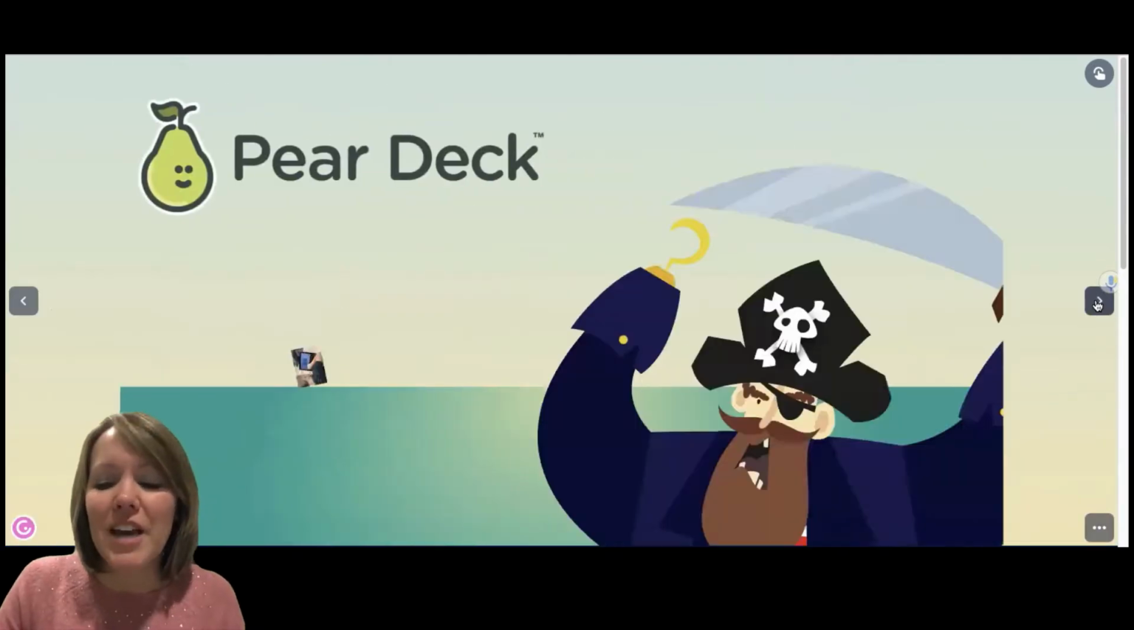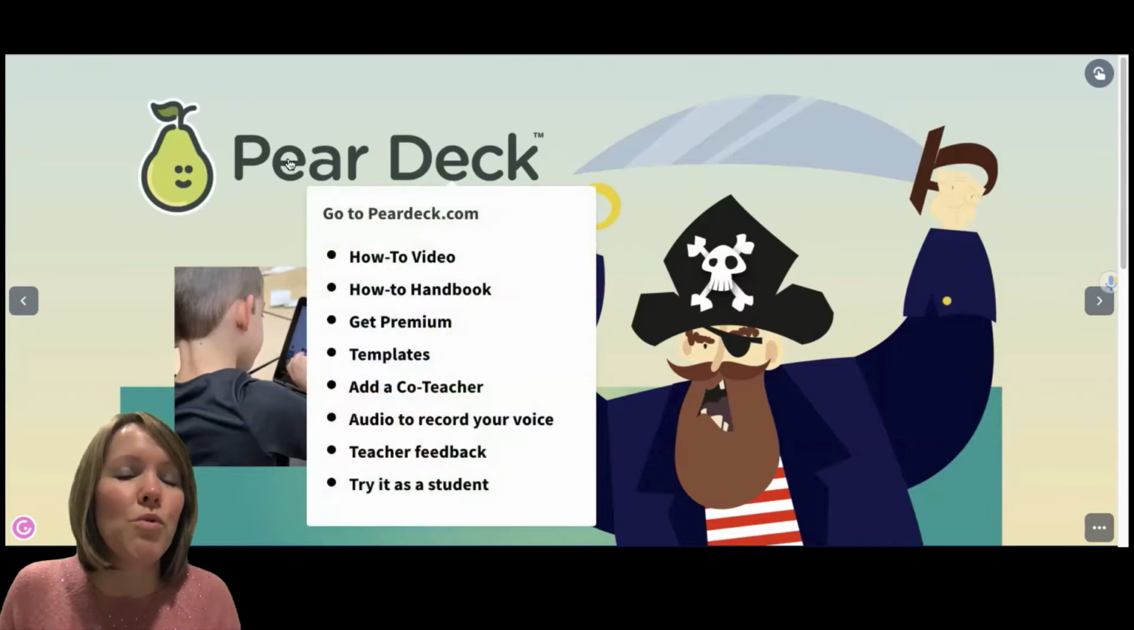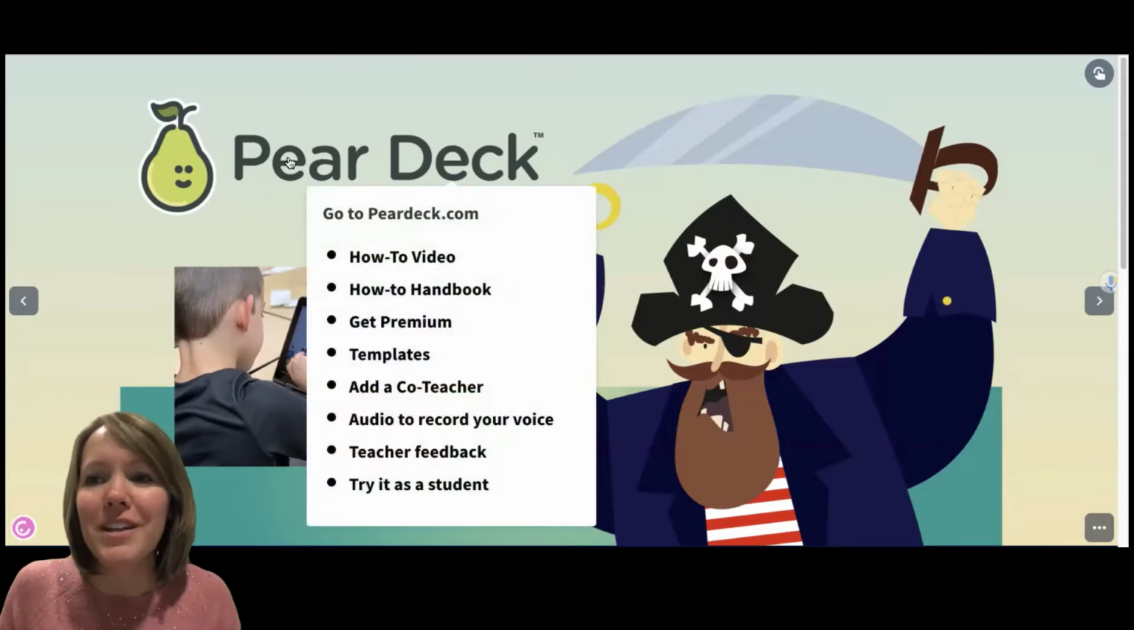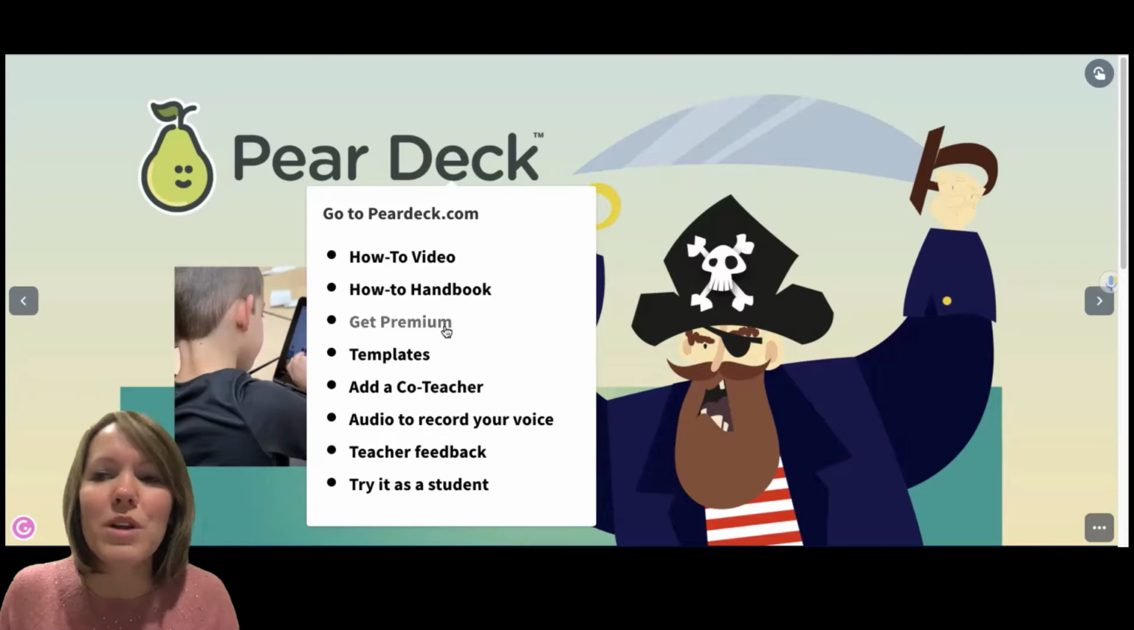So let's take a look at our first lesson delivery with Peardeck, and then we're going to take a look at Nearpod and how they're similar and different. So here you'll see that we have some students working on Peardeck, and if you hover over the word Peardeck, you're going to get all of the resources. So if the short 20-minute session isn't enough and you say, I really want to use this, I've included in here a how-to video, a handbook to get started, how can you access premium features for a trial period,